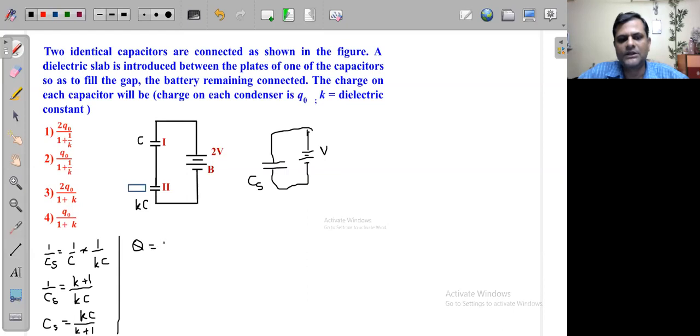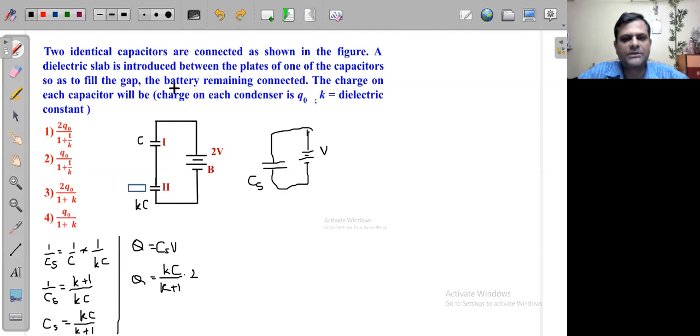Q equals Cs into V. So the total charge on this whole combination is KC upon K plus 1 into V, which is 2 here, the potential difference of the battery already given. If we put that in, we finally get the charge on each capacitor will actually be